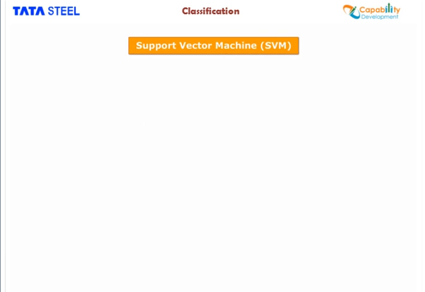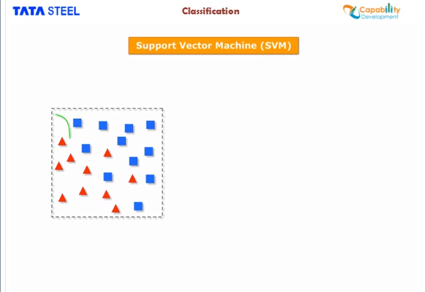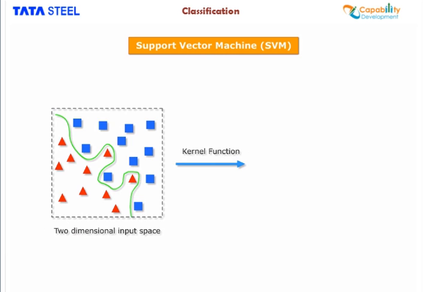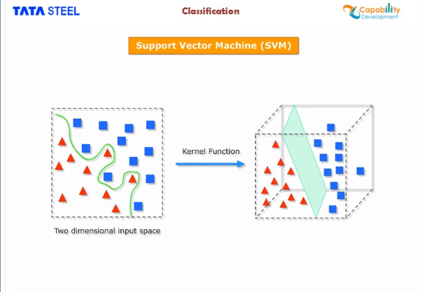Should you need to add this feature manually to have a hyperplane for such nonlinear cases? The answer is no. SVM has a technique called kernel trick. These functions, called kernel functions, take low-dimensional input space and transform it to a higher dimensional space, that is, they convert non-separable problems to separable problems. These are mostly useful in nonlinear separation problems. In simple words, these functions carry out some extremely complex data transformations and then find out the process to separate the data based on the defined labels or outputs. Kernel functions are chosen when a model is to be created.